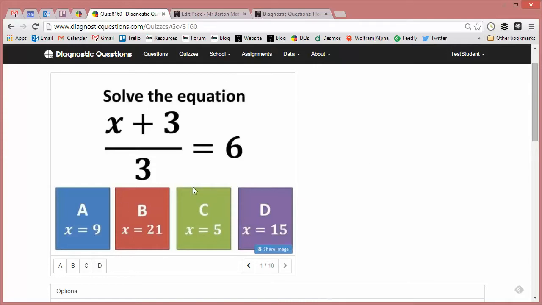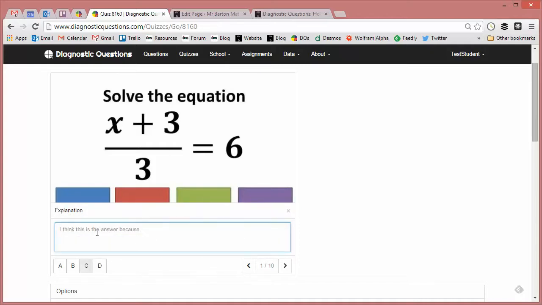So let's imagine I'm faced with this one, solve this equation, and let's imagine I'm not actually too good at this, so I'm going to get this wrong. I'm going to actually divide 6 by 3 first to get 2, and then add on 3 to get 5. And I'll just explain how I've done that. So I'm going to go for 6 divided by 3 equals 2, and then I'm going to go for 2